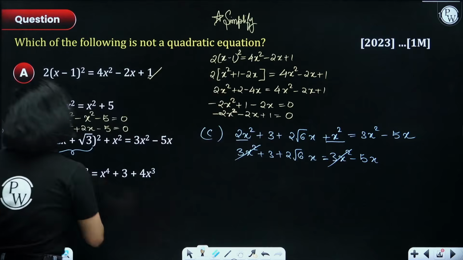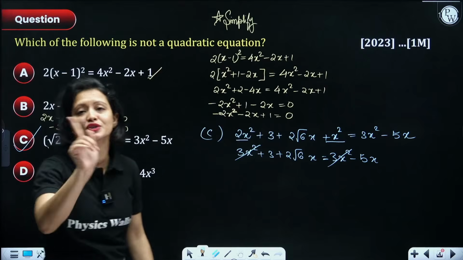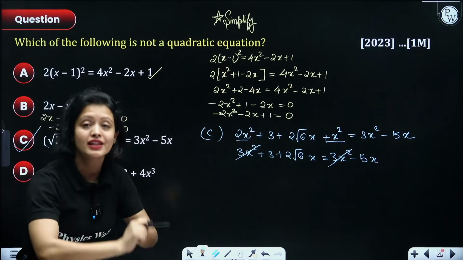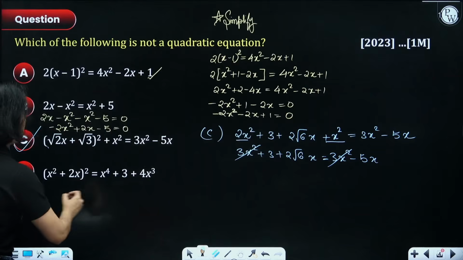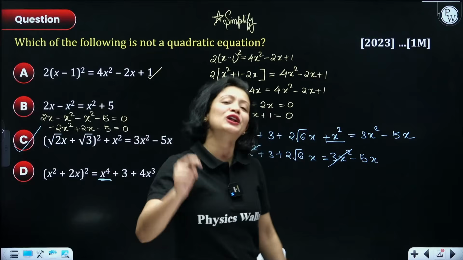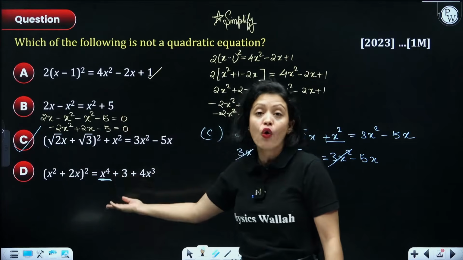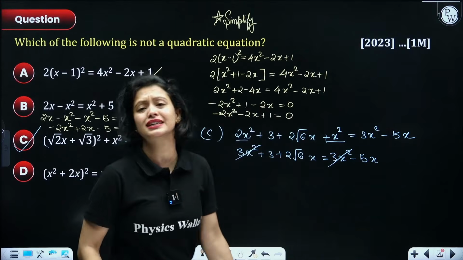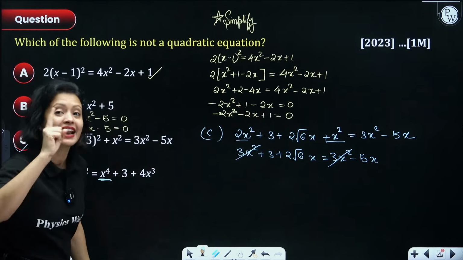So that means that even though option C looked like a quadratic equation, it was not. Make sure that you simplify, combine all the like terms, convert to standard form and check. Got it? Finally, here, you can see that the highest power of the variable is 4. I know that a lot of students would mark this as the answer. They would say, oh, the highest power is 4, clearly this is not a quadratic equation. But again, I'll repeat it till it sticks in your mind: simplify and then give your answer.